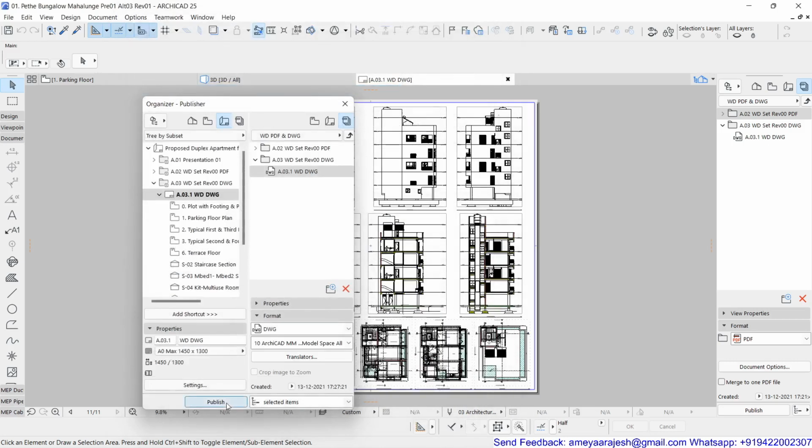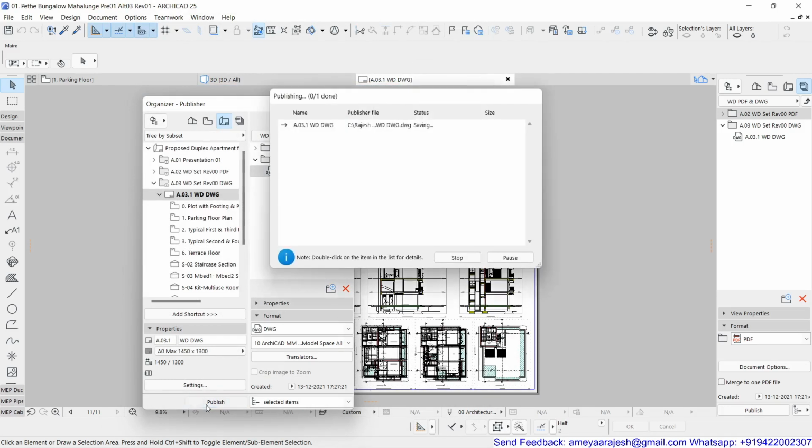Now remember, when I say that I've selected elements, I'm going to publish. The moment this gets published, you will see the file size which you are getting, and we'll see how to then minimize this file size and make this drawing compatible for further editing before I give it or hand it over to some other agency.